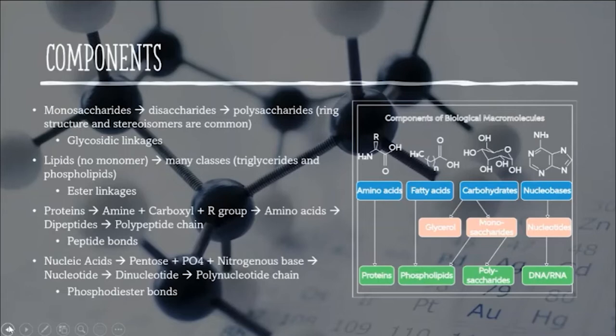There are 3 classes. You have simple ones, which are the esters of fatty acids and alcohols. Most of these are going to be your sterols or your waxes. You have compound lipids, which are made up of fatty acids, alcohol, and